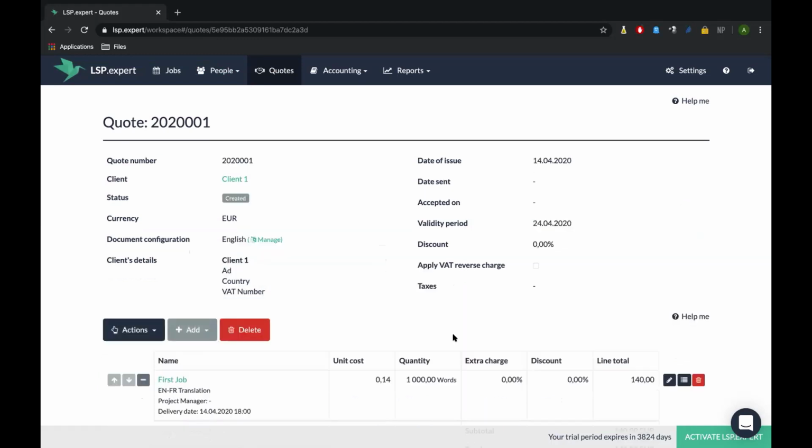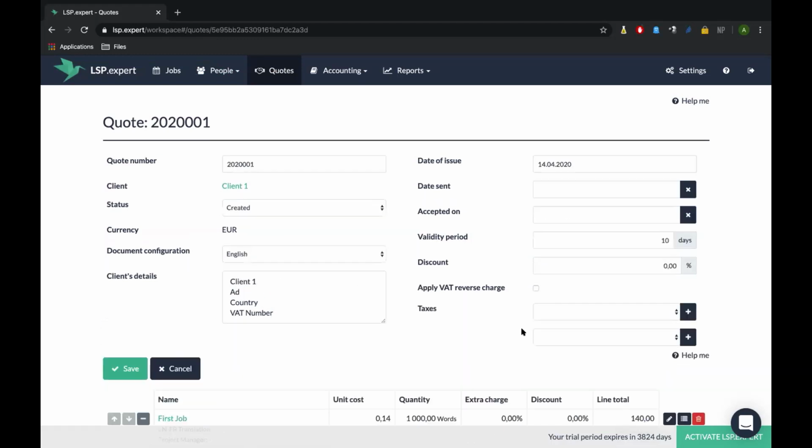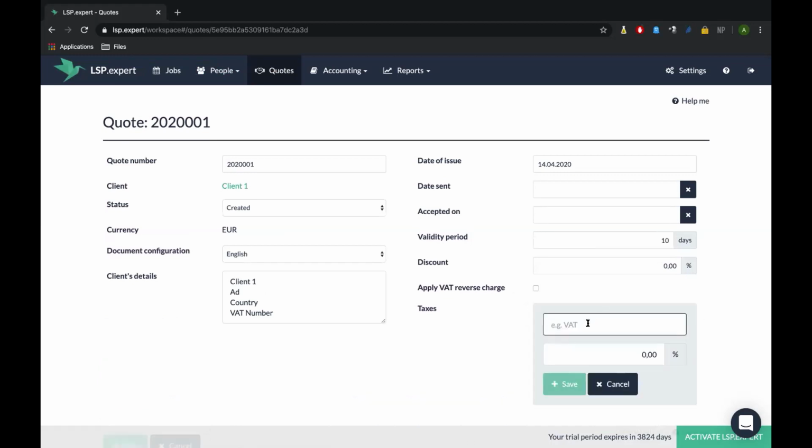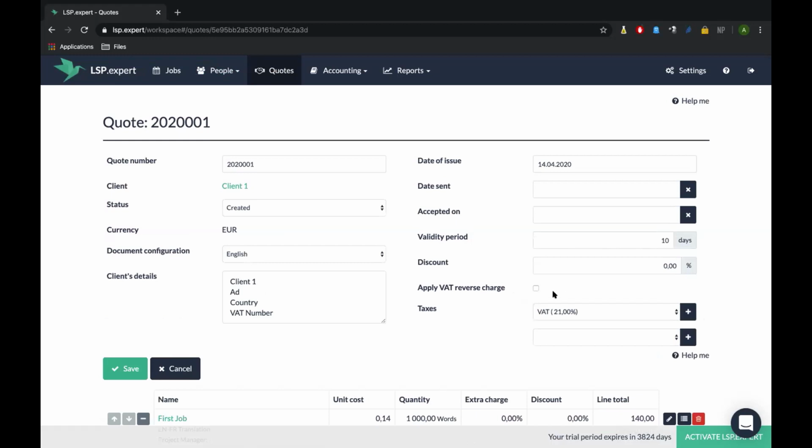Okay. You can see that you can also add taxes. So for example, in Belgium, we're really lucky. We have a really low VAT of 21% for the kind of things we do. I can save it, and again, automatically, it would be just associated to that client, so I won't have to add it later.